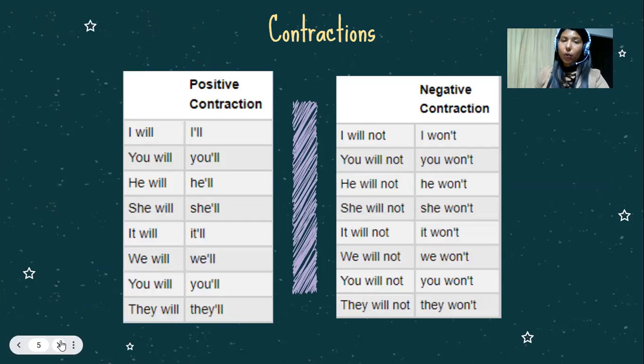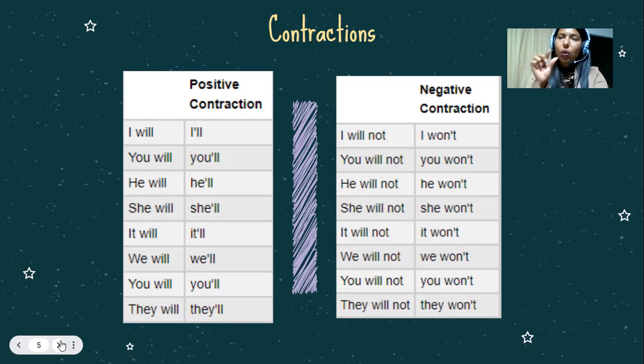Let's continue. We have contractions, guys. We can use contractions in both positive and negative forms. I have to recognize that if you learn how to use these contractions in a proper way, you will make huge strides in your spoken English, because you will sound more natural, you will sound like a native speaker.